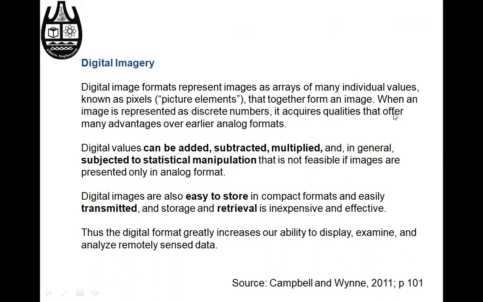such as digital imagery, because digital image is an important aspect of this type of interpretation. Whether you have analog or digital, maybe you can interpret it, but if your format is digital, it would be more easier to analyze. For example, you can do very easily the addition, subtraction, or multiplication from one to another. So your information, which is